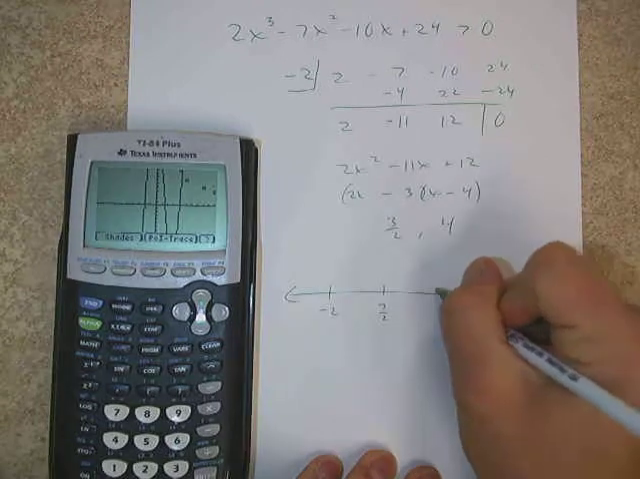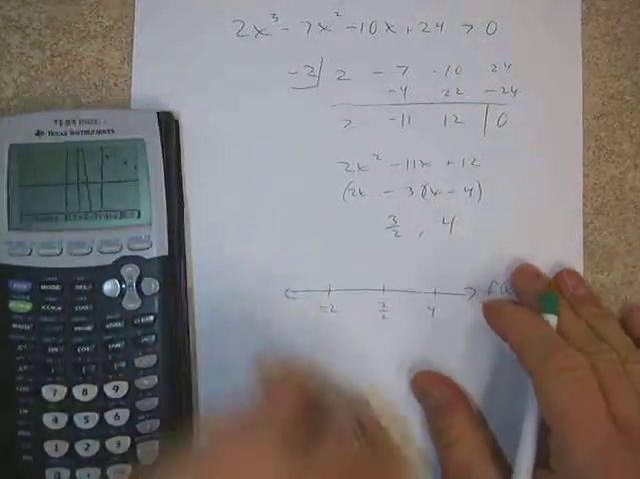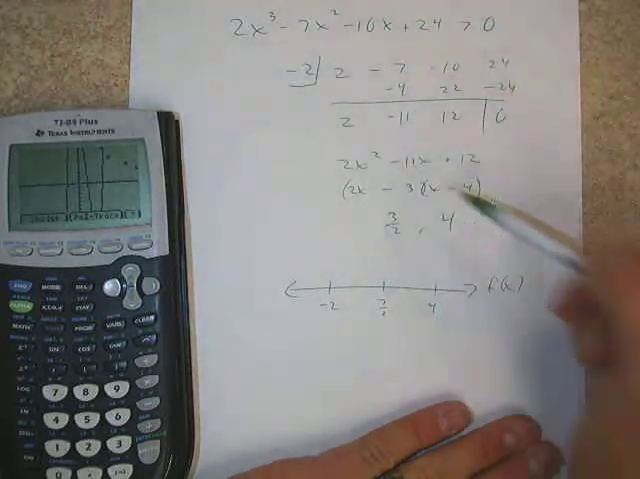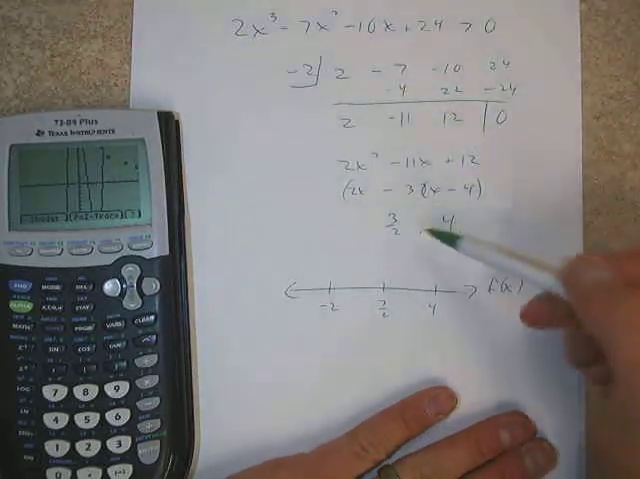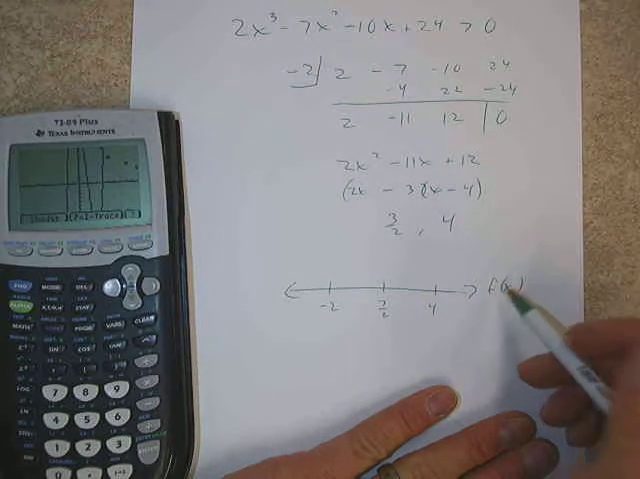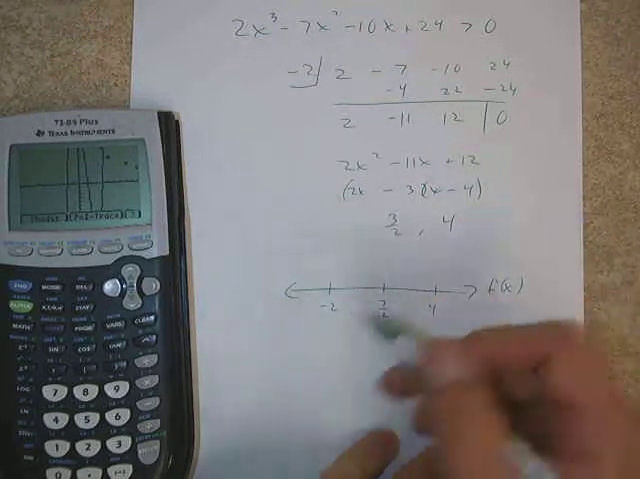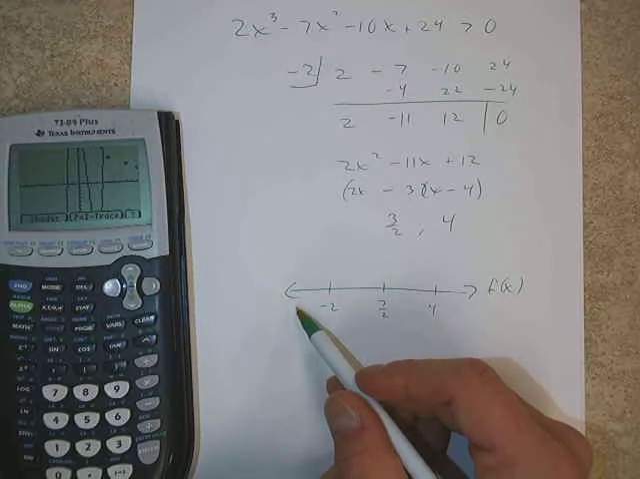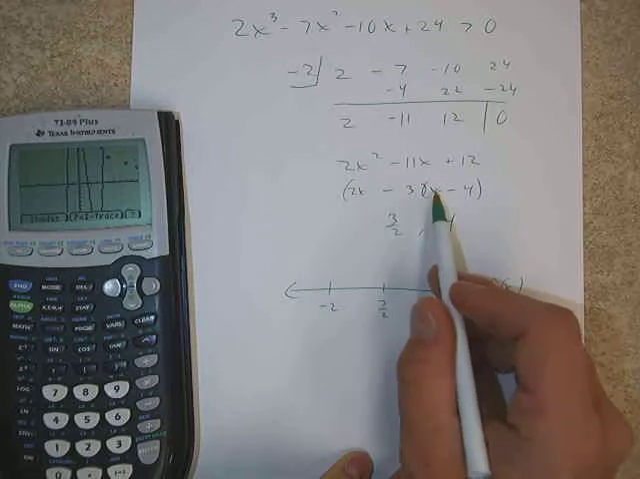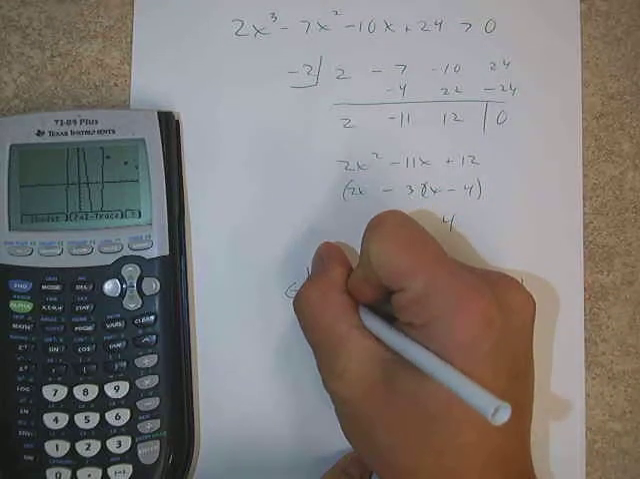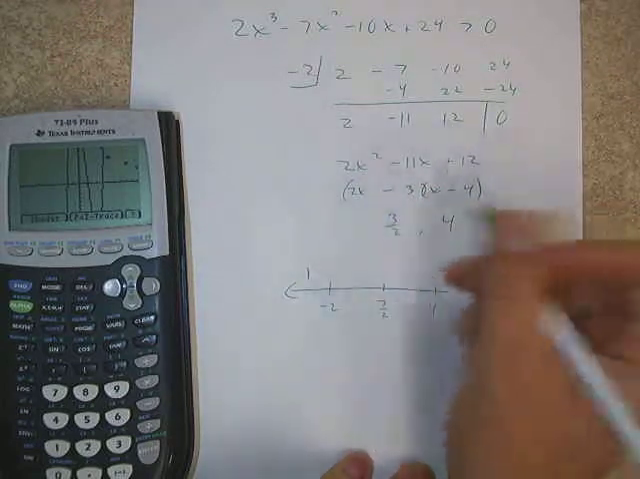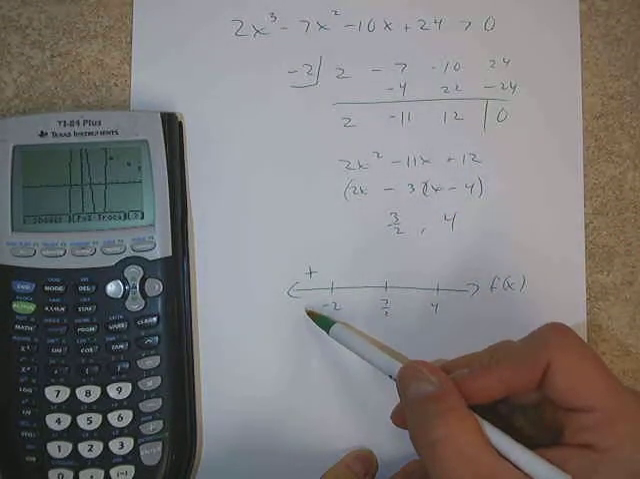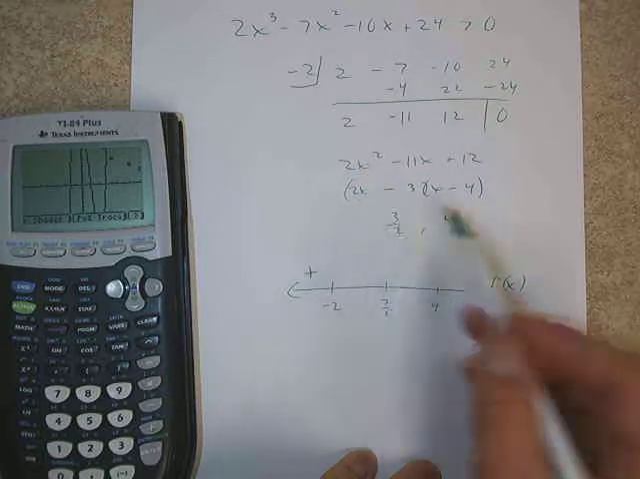So if I put them on my number line, negative 2, 3 halves, and 4, we'll analyze. And like I said, we use the calculator to help us here. In this case, we don't have to have a calculator for this problem because we could find those zeros without the calculator, as we know. But if we look at our test points, if we put in negative 3, let's say, for instance, we would have a negative here and a negative here, which would make something positive. So again, if I were to plug in negative 3